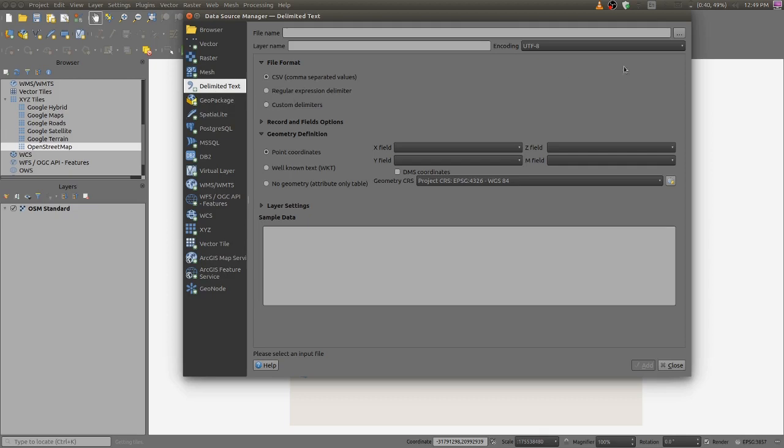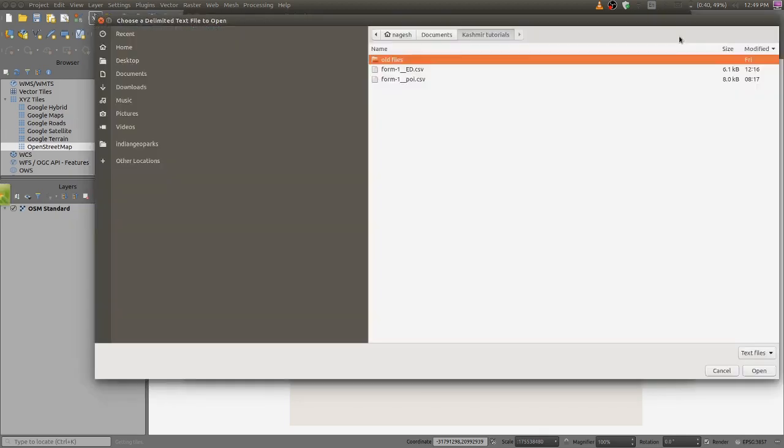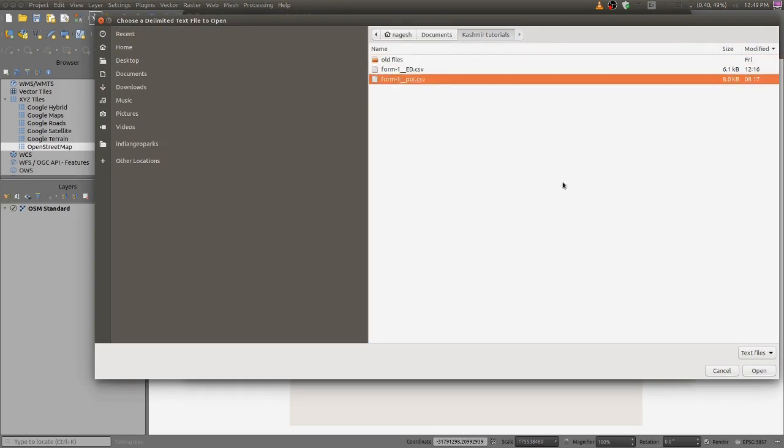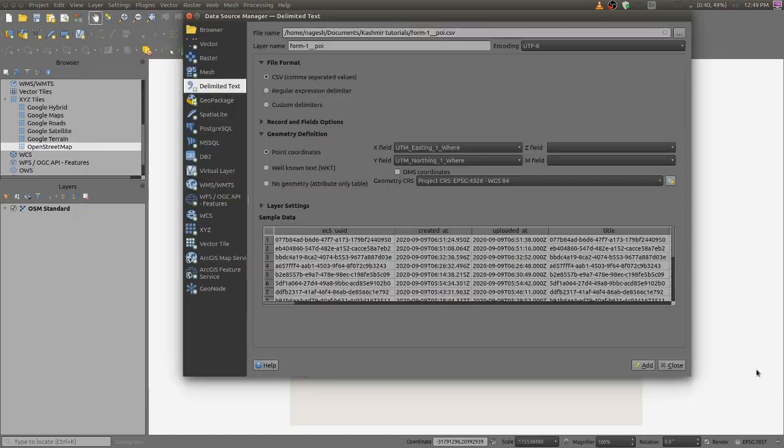Let us go to that particular folder where we have saved that file. This is the form1 POI CSV file. Let us open that, and it will show the contents of the file here. In geometry definition, the point coordinates are the x field and y field.